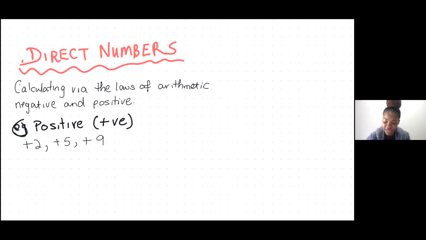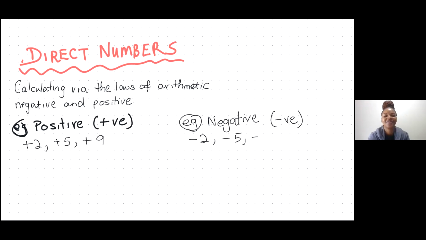So example of negative numbers now, which will be a subtraction sign, for the shortcut. Negative 2, negative 5, negative 9. Now, that is just looking like subtract 2, subtract 5, subtract 9. And we are going to learn how to work with these numbers interchangeably, when to say subtract 2 and when to say negative 2, right? So in order for us to understand how directed numbers work and how positive and negative numbers work, there is something called